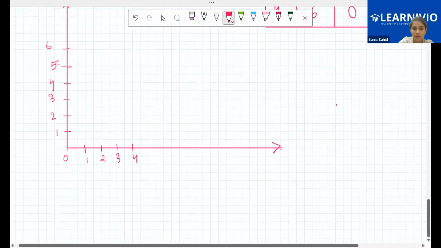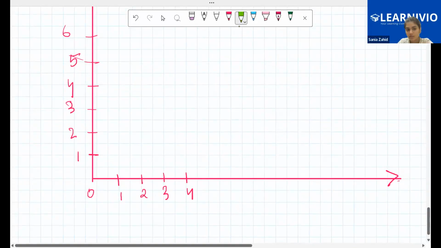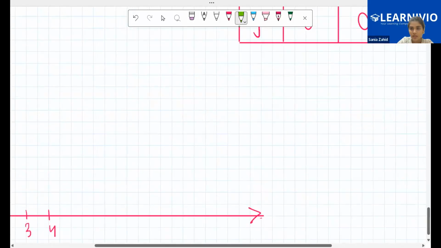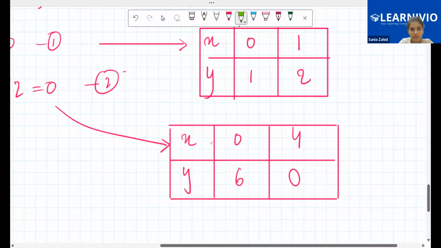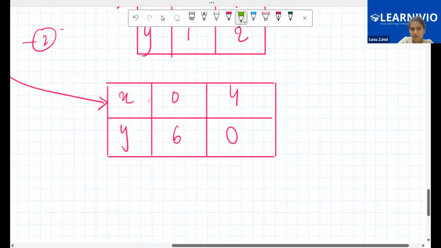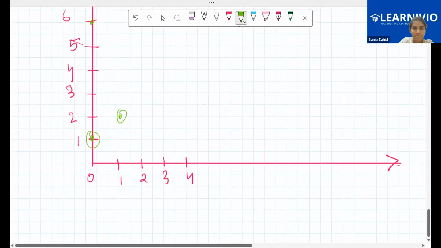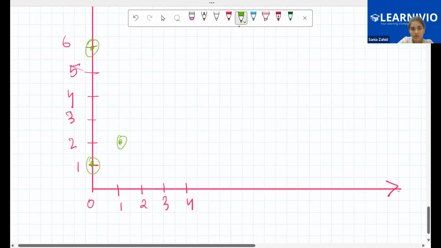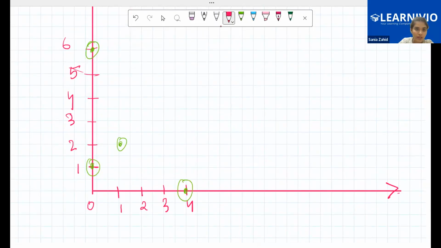First is 0, comma 1. 0, comma 1 lies over here. Then it is 1, comma 2, which lies over here. Then 0, comma 6 and 4, comma 0, right? So when we join the lines,